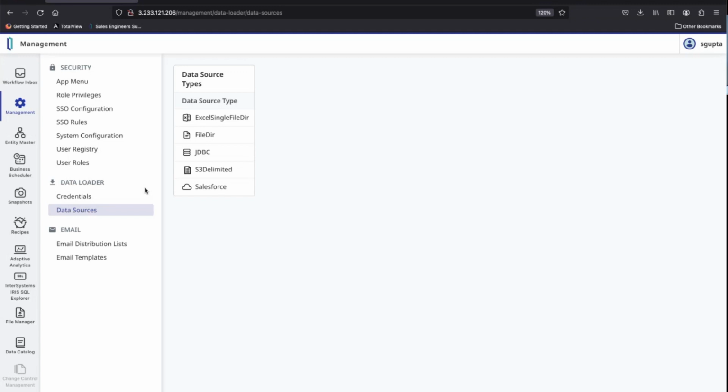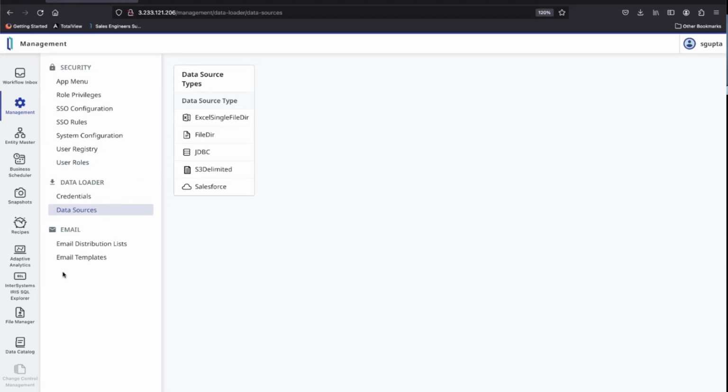Remember, I said that you can either connect or collect data, which means you can leave the data on the source system, or you can bring it onto the InterSystems TotalView service. The reasoning behind that would be very much to do with whether the data as it stands is in a shape that you can straight away use for analytics, and exactly what your use case is. So that might be the consideration.